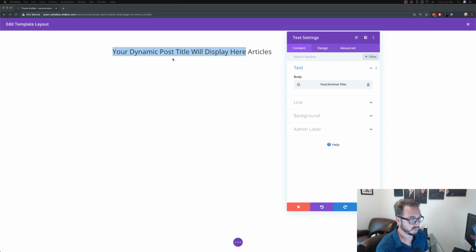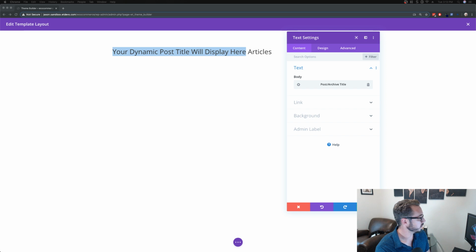Well, we'll see it in a little bit. I don't want to lose momentum here, but you have this ability to add this static content, which will stay. It will say articles on every page, but this post title will change. So that'll display business articles if I'm on a business category page. I think we get it. After that, we're going to